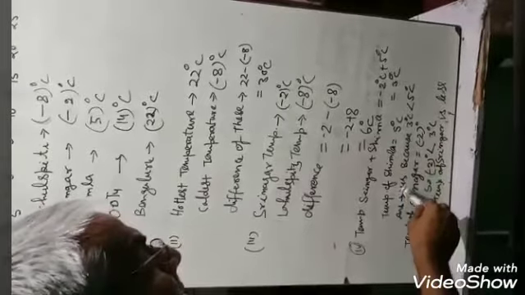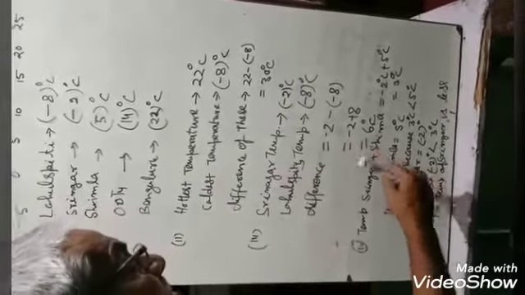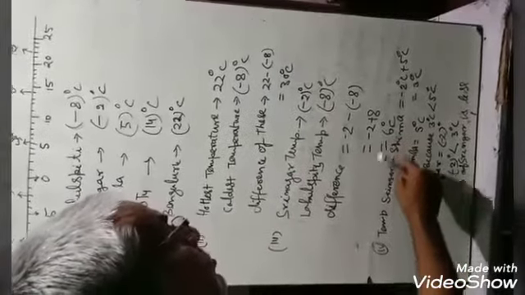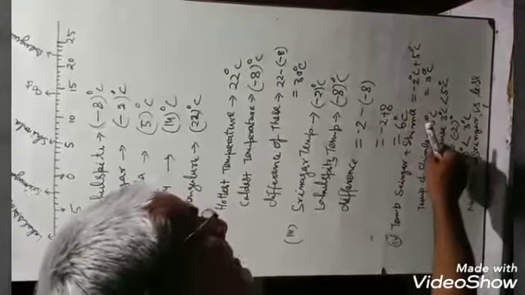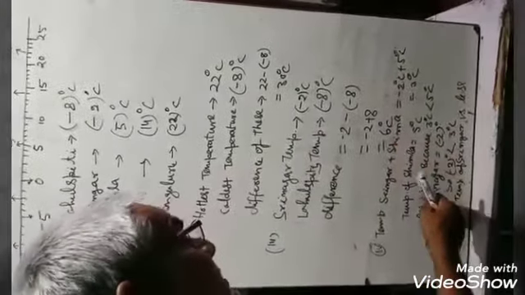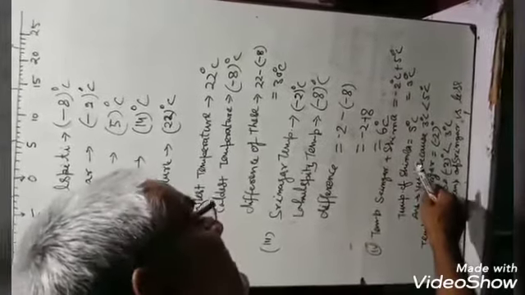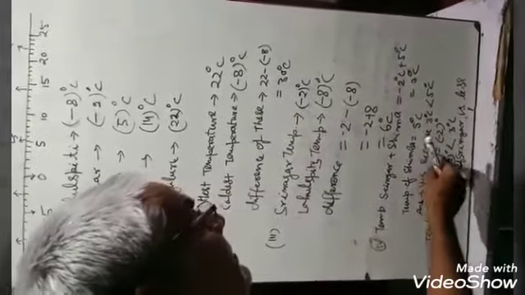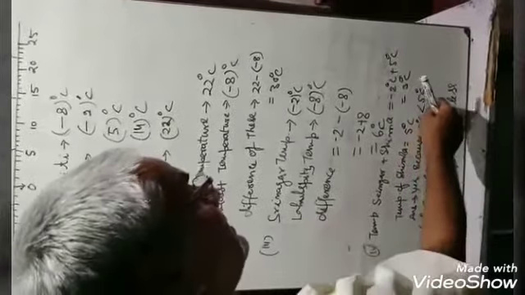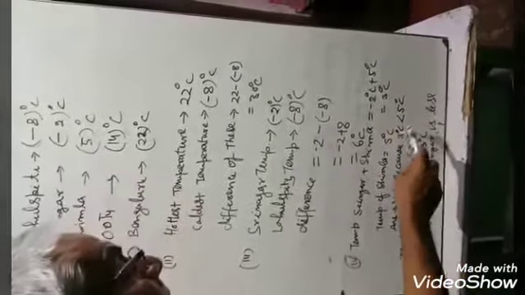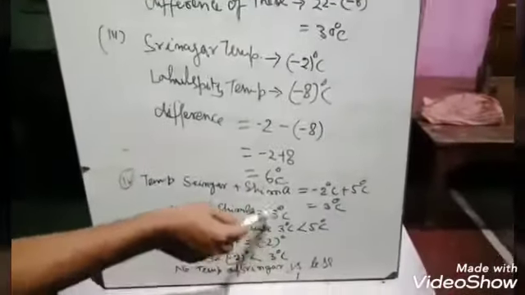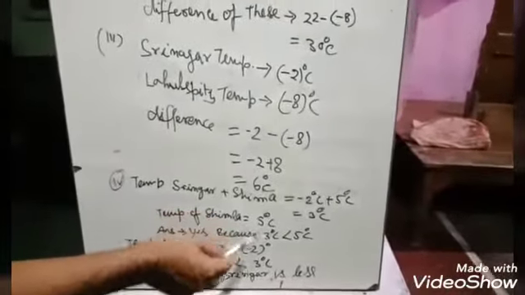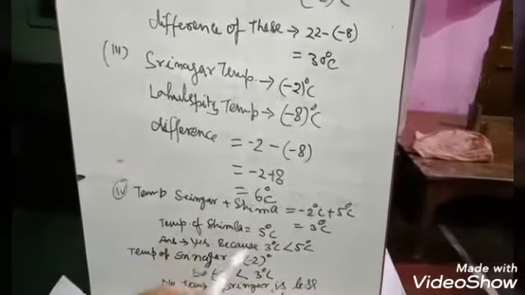The answer is yes. What is yes? Yes means that if the question is whether the temperature of these two taken together is less or more than the temperature of Shimla, so this is less. The answer is correct because 3 degrees centigrade is less than 5 degrees centigrade. The total taken together is less than 5 degrees centigrade alone.